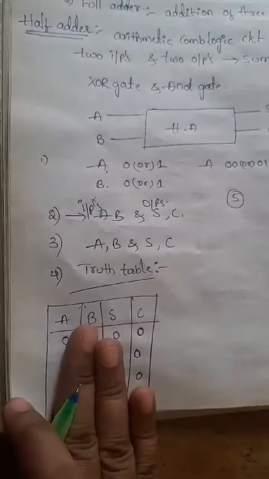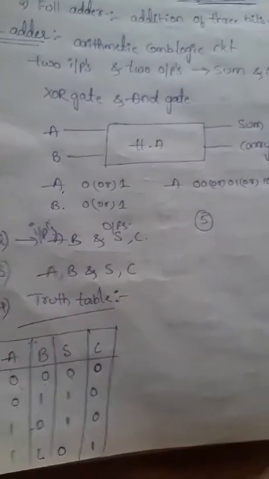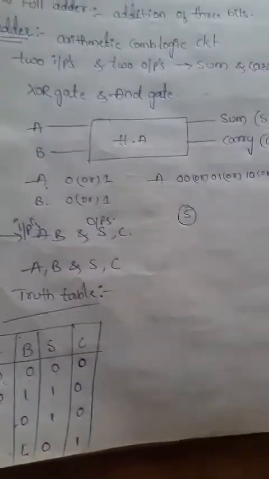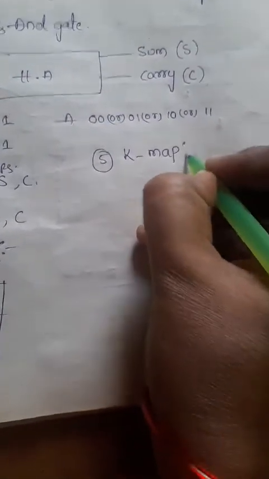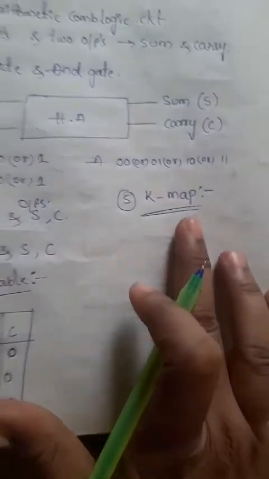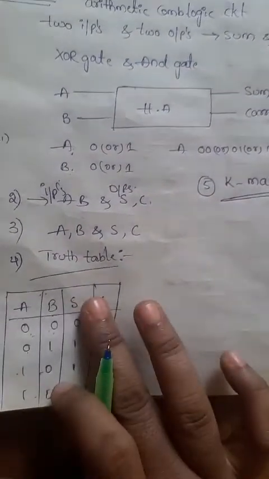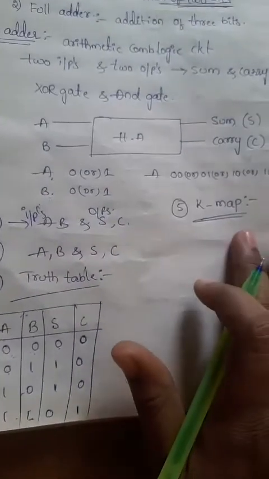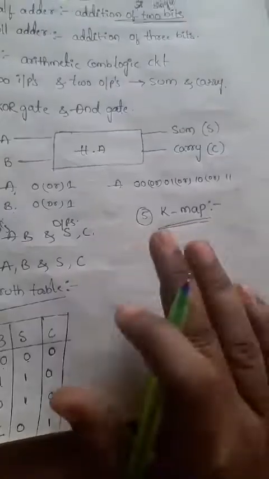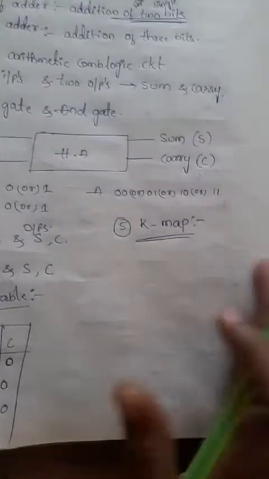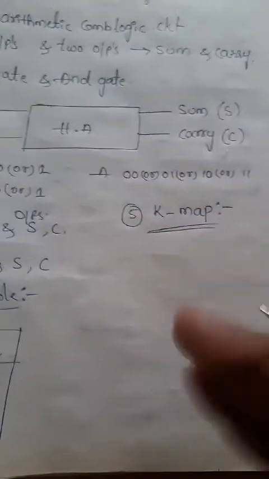After getting the truth table, now we need to determine the Boolean function. So how to find the Boolean function? By using K-map. For the output columns, we need to find the Boolean expression by using K-map. In general, the K-map will be in the form of SOP, right? It can be in POS also, but I can always consider the SOP form, that is the easiest form. So that's why I can choose one column here.